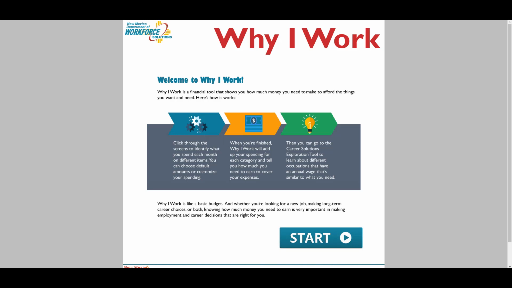In general, the Why I Work tool can be seen as a basic budget tool that helps students understand the costs that may be associated with their various lifestyle goals, needs, and aspirations for the future. Before entering into the tool, it's important that students review the instructions so they understand what they need to do at the various steps. To enter the tool, just click Start,